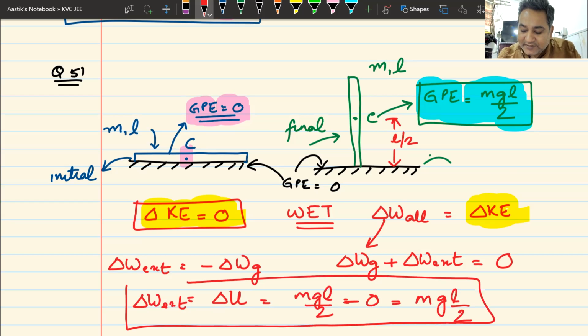Do we understand this? Can I have some raise hand? This is how we get the answer. Correct answer, with the correct concept. What work was asked? External work was asked. What answer have we given? We have given the answer for the external work. Congratulations if you got this question on your own. If you understood the basic points of this question, well done, bacha. That is a great thing to happen at this point in time.